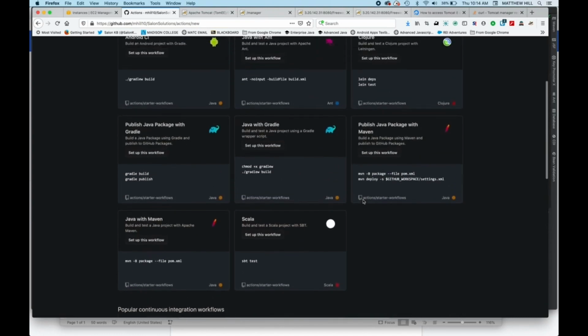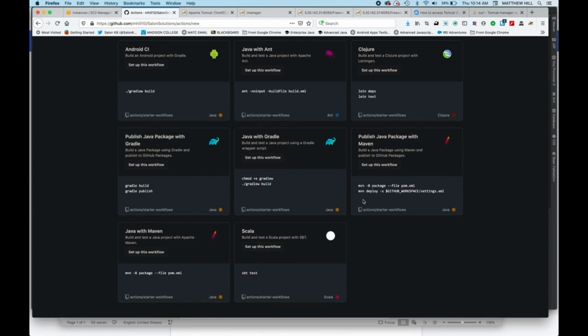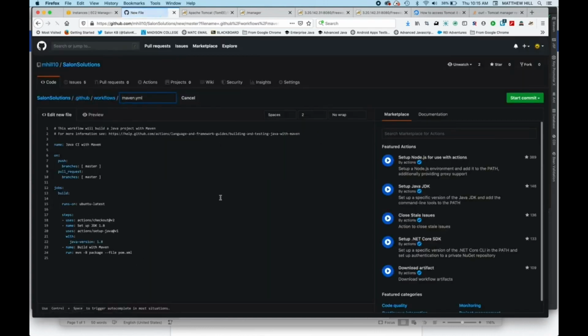Instead, for now, we are just going to go, there's a couple Maven options. I am comfortable working with this one. I don't really know what GitHub Packages is yet. So instead, I just did a simple build and test a Java project with Maven. So we're going to set up this workflow, and it's going to do a lot of the heavy lifting for us right now. I'm going to call this Maven Salon Solutions build,